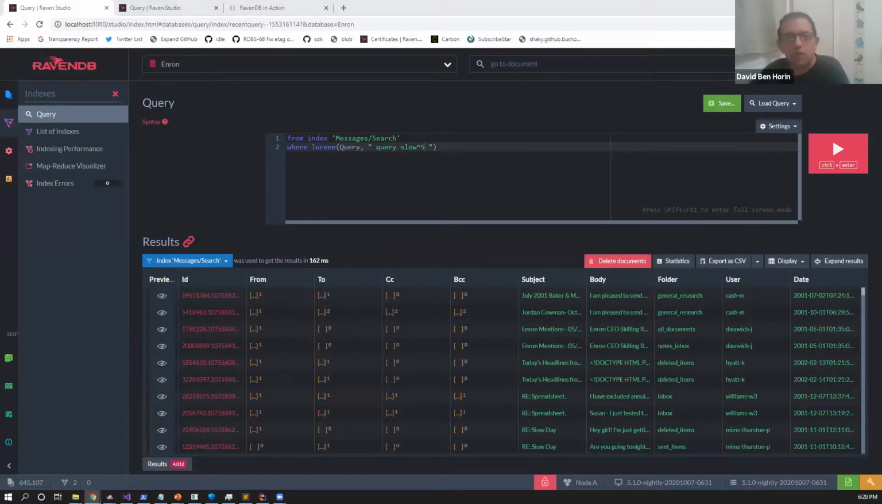So we have questions from Adam. Are there any differences with full text search on languages other than English? And the answer is that full text search is very much dependent on the language that you're using. What do you mean by that? So for example,